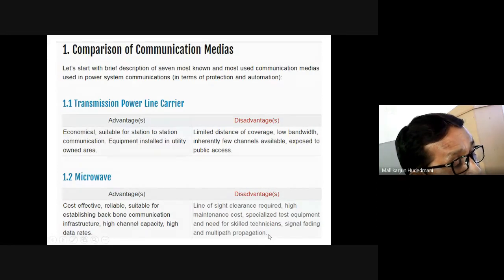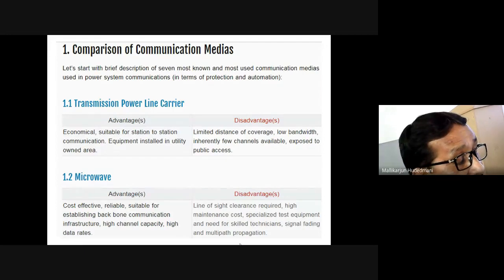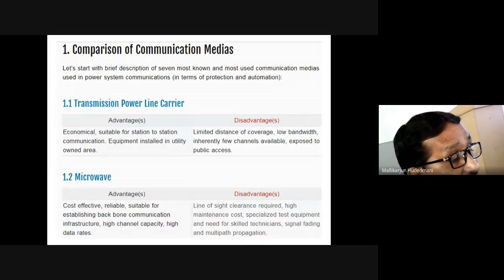And multi-path propagation. As signals are transmitted from the transmitter to the area and captured at the other end, there could be a possibility of data being transmitted in multiple directions, in all directions. That data may be useful if collected properly and processed from the receiving end, received properly, and appropriateness of that matters here. That's a disadvantage.